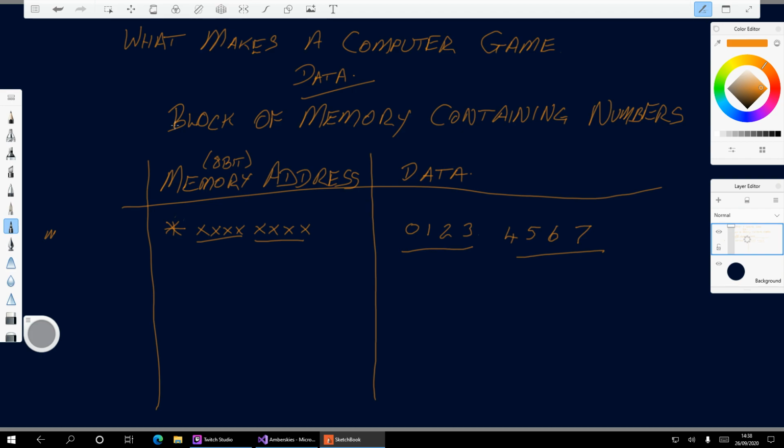Now, what I've said so far is that it's a block of memory containing numbers, and that's exactly true. That is the truth of the matter. And that's what you've got to keep in mind. What would happen in 1985 when this kind of program came out called Rogue?